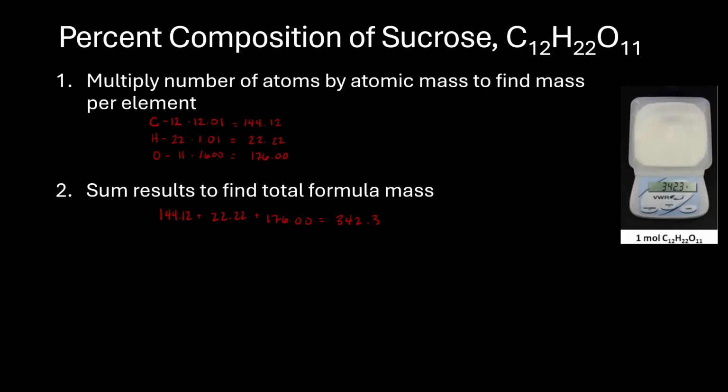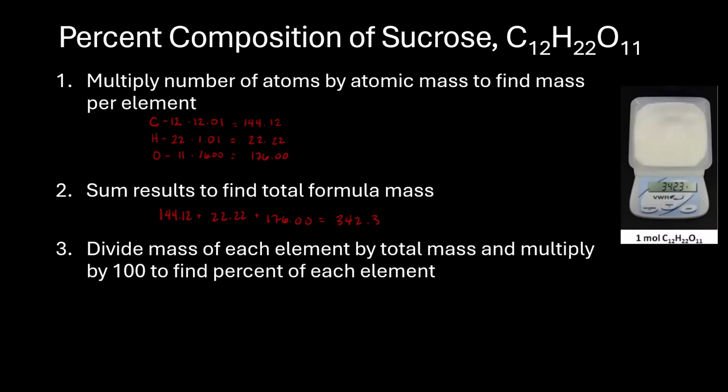So now, to find the percentage of each of the elements in the total compound, we're going to divide the mass of each element by the total mass and then multiply by 100 just to change it into a percent. So we're going to take the mass of just the carbon, 144.12, and divide it by the total mass, which is 342.3, and then multiply it by 100 to turn it into a percent, and you should get